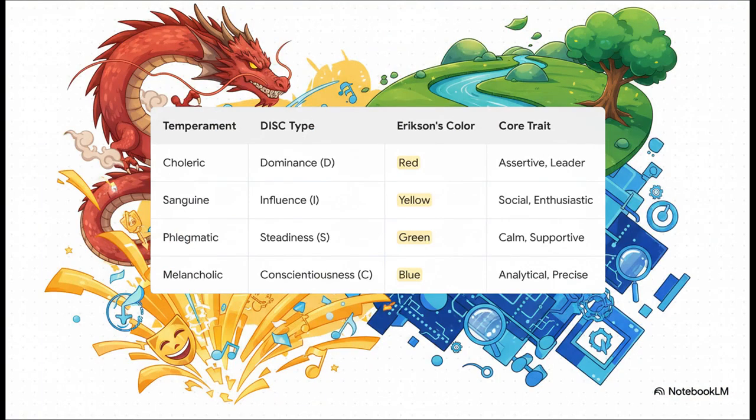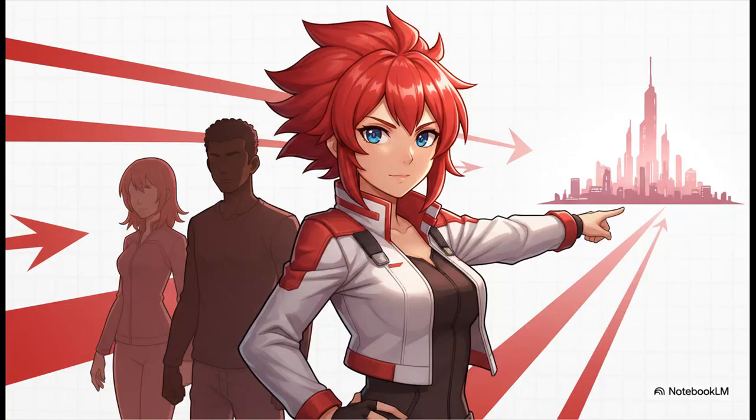And what's so fascinating when you look at it this way is how consistent the core observations have been. The assertive, choleric leader from ancient Greece, well, that's Marston's dominance type, and it's what we now call a red. The analytical, detail-focused melancholic, that's the conscientious type, or blue. The pattern holds up across centuries. It's undeniable. All right, let's dive in. Let's talk about the reds.